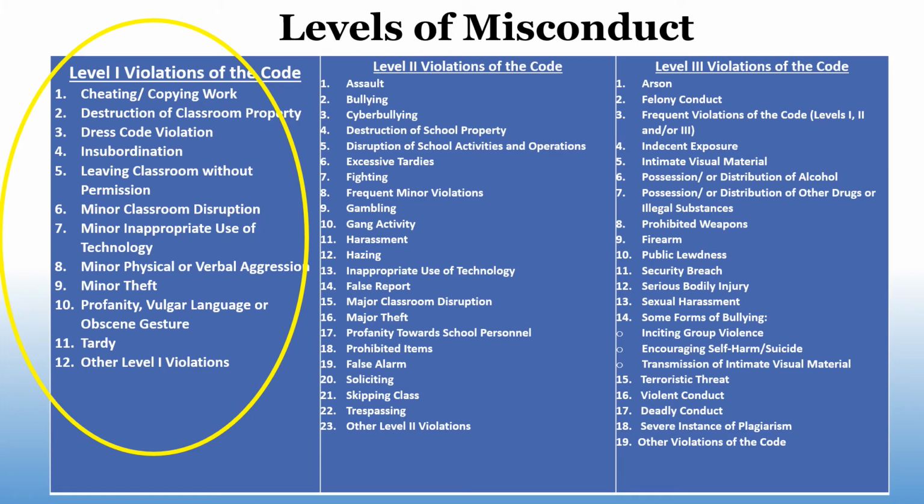Please be sure to read this document and familiarize yourself with the definitions. It is also important to familiarize yourself with Level 2 and Level 3 violations of the code so that all staff know what to immediately escalate to their school leadership teams in accordance with the specific systems that you have in place at your school. You'll note that frequent minor violations is a Level 2 offense. This means that if you have a scholar that continues to commit Level 1 misconduct despite multiple interventions, it is appropriate to escalate that student to school leadership to intervene.